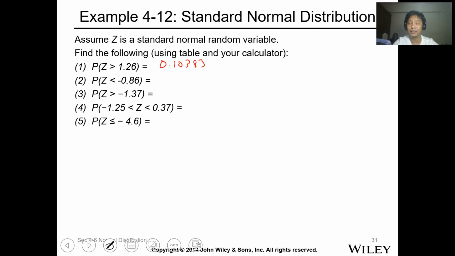Okay? Tama. Okay, pare-pareho ba tayo? 0.1038. Okay. Now, this is less than. So, we just use P, 1. That's negative 0.86. So, the value is 0.19489. Okay. Now, greater than. Z is greater than. So, you use R. Z greater than negative 1.37. So, this is